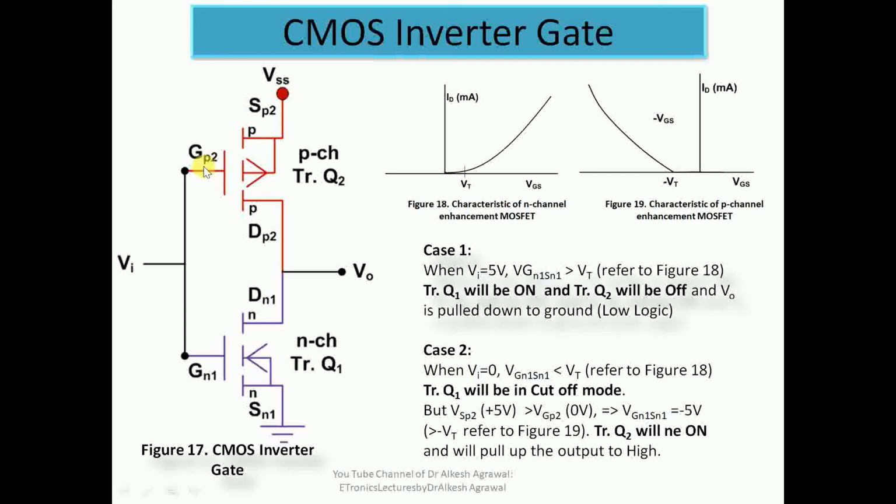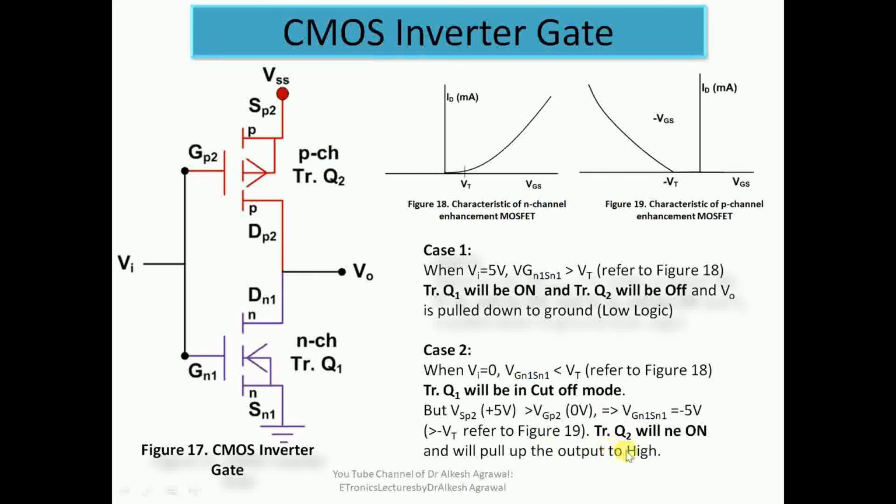So the potential drop at VG2 with respect to VS2 is 0 minus 5, which is minus 5 volt. Here you can see the voltage VSP2 is plus 5 volt, and the voltage at GP2 is 0 volt. So the voltage at this point with respect to this point becomes minus 5. We assume this voltage is sufficient, or greater than minus V threshold. So this transistor will be on, and the output will be pulled up to the supply, and we get a